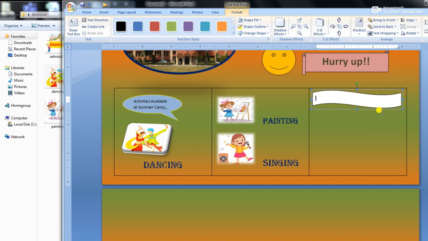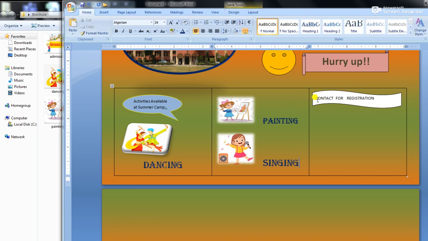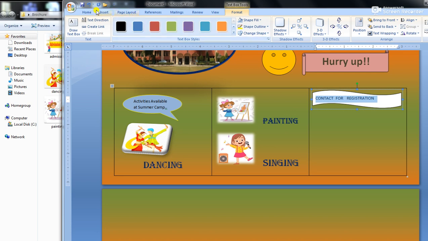So add text, registration, right? So I need to write this. I think we should write contact for registration, right? Contact for registration. This is how we can write,